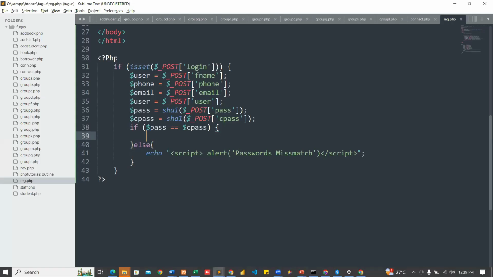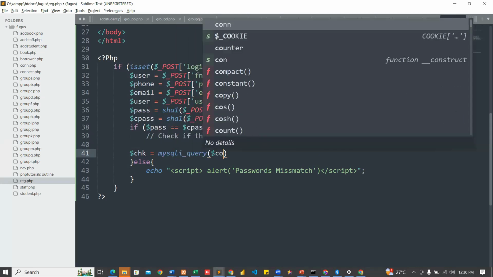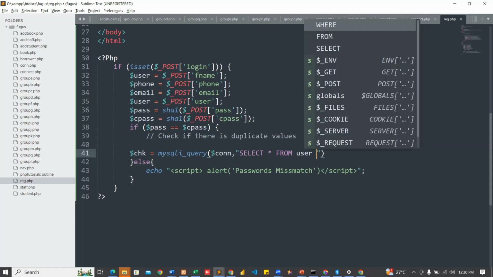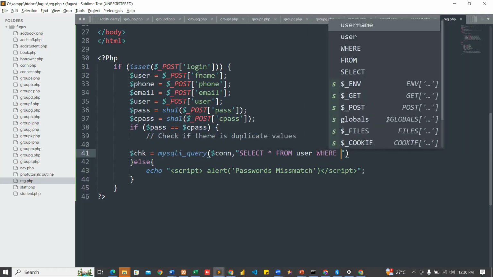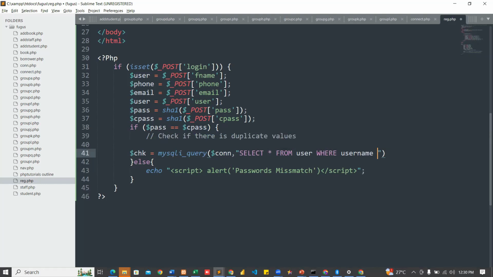The next thing I will do is handle the case where the password and confirm password are the same. Well, let me write the check for duplicate values like this. So I will say, let me name the variable as ch, then my SQLi query con, select all from users. I think, is it users or user? Okay, user, where username is equals to